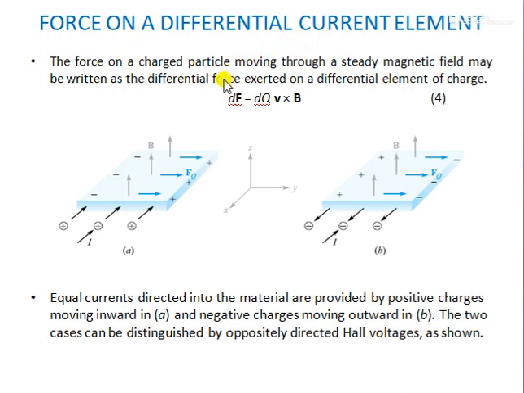Practically, a differential element of charge is made up of a very large number of small and discrete charges. So the volume thus occupied by this charge is obviously small, but it is effectively greater than the average separation between the charges. So the differential force is given by